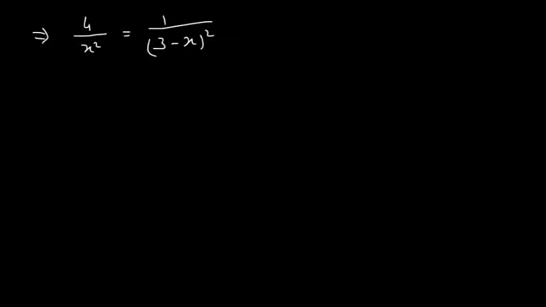Which can be again written as, taking the square root of both sides, we get 2 upon x is equal to 1 upon 3 minus x, which implies that if we do the cross multiplication, then we will get